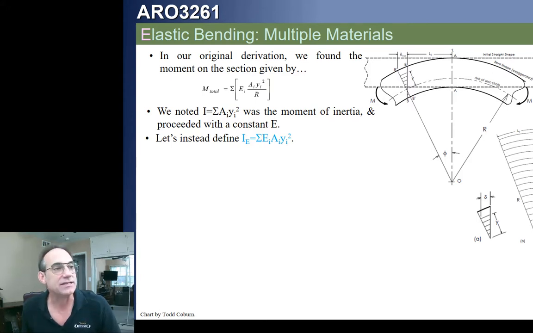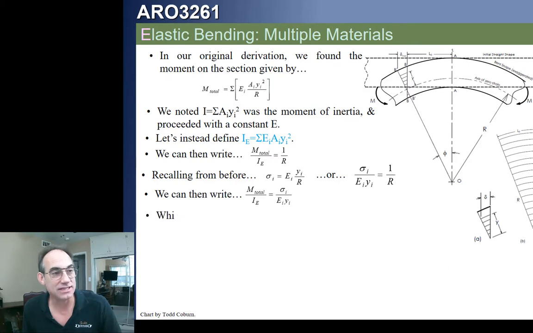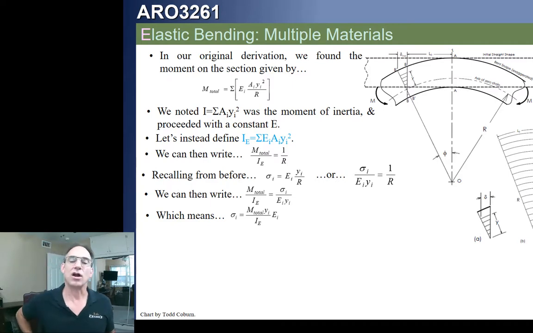get accurate stresses. So if we defined our moment of inertia in this manner, then our equation can be written like this. And then, recalling from before our stress relation, we can plug that in and simplify, which allows us to write it in this form. Now notice here that we have the moment of inertia and the modulus in this equation. What this means is our stresses are going to be the My over the moment of inertia times the modulus